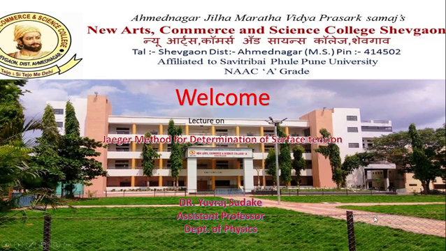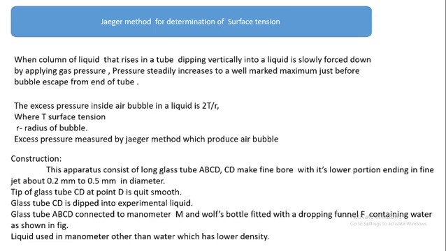So, dear students, welcome back to our new article on surface tension: Jaeger's method for the determination of the surface tension. It should be remembered that there is a capillary action method. So, when a column of liquid that rises in a tube dipping vertically into the liquid is slowly forced down by